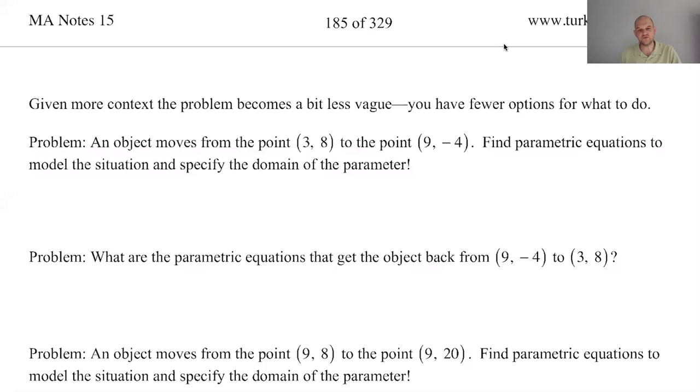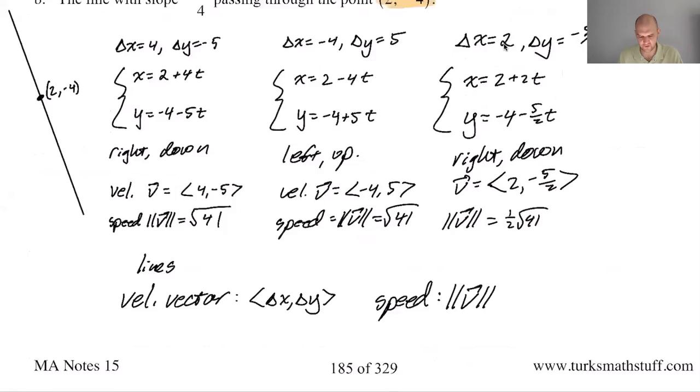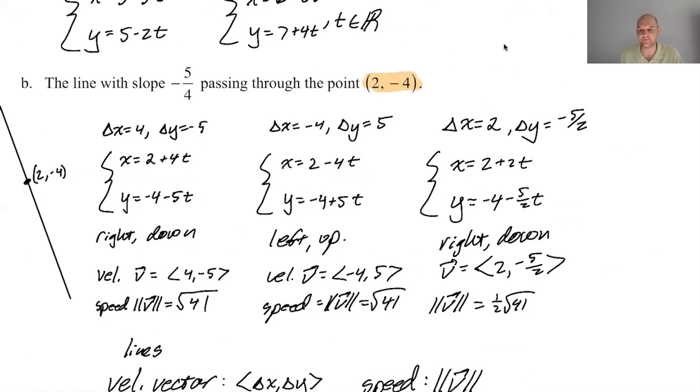All right, we're back. We're on page 186. We're talking about parametric equations for lines and moving things from a point to another point, things like that. As you get more context to the problem, you start having fewer and fewer options, to be honest. Like in the previous page, all we really knew was a point that it happened to go through and